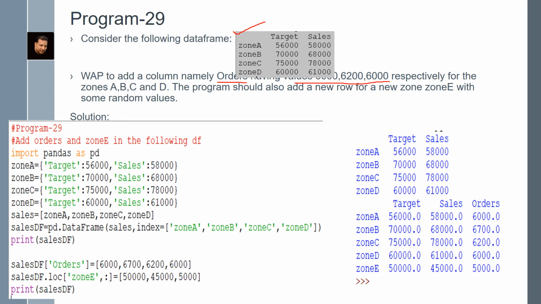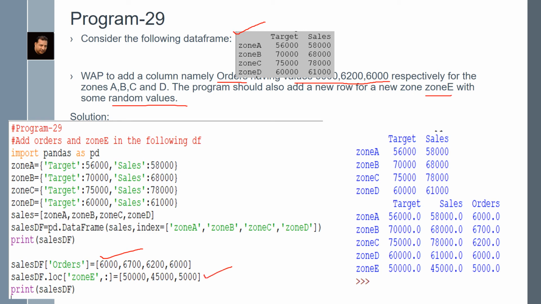These values are hidden here. You can see these values here. These are the values respectively for zones A, B, C, D. The program should also add a new row for a new zone, that is zone E, with some random values. So we have these random values.